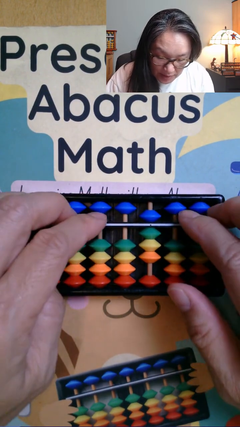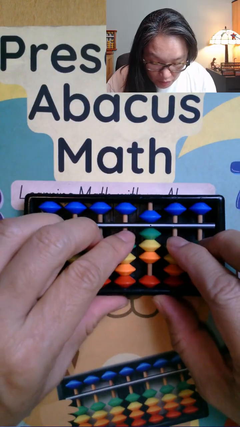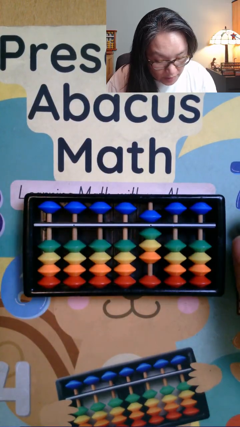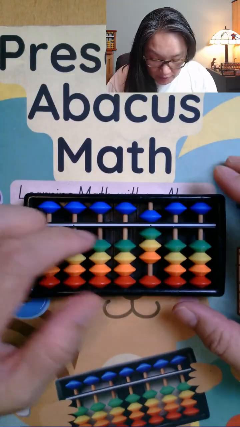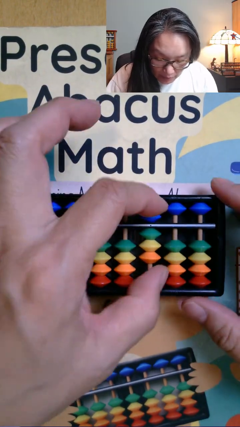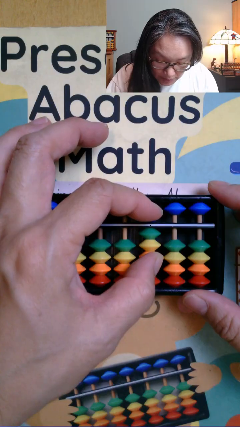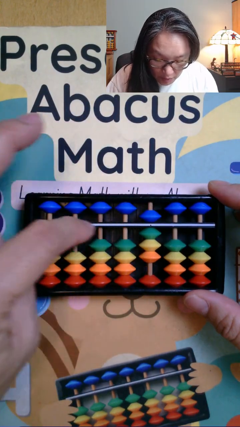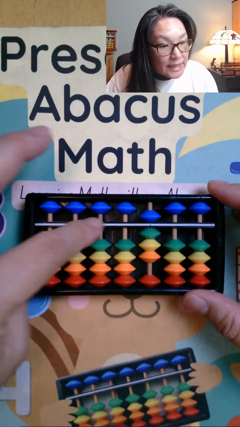Notice these beads are not being counted, so these are not considered as part of the counting. So these are 0. However, this is counted. Why? Because they're touching the horizontal bar. The horizontal bar is what keeps